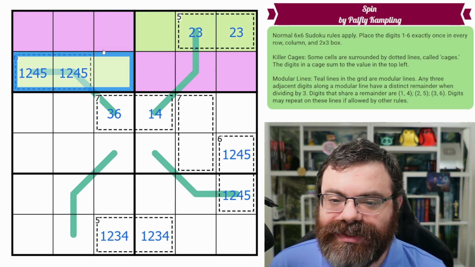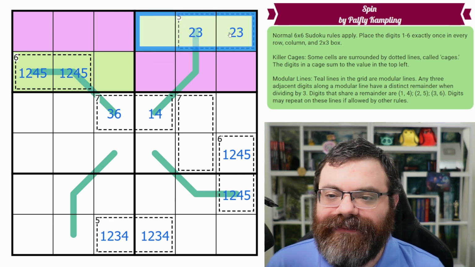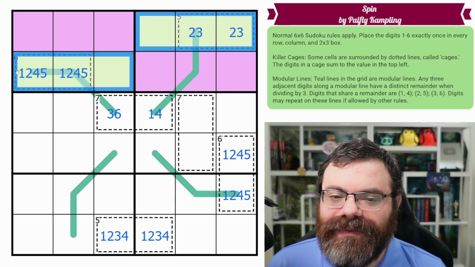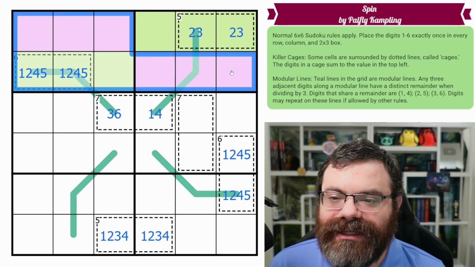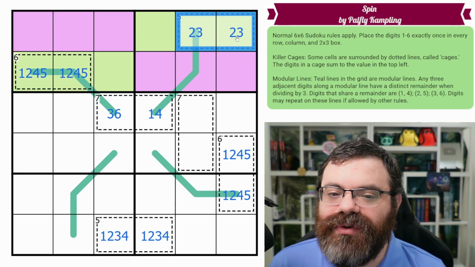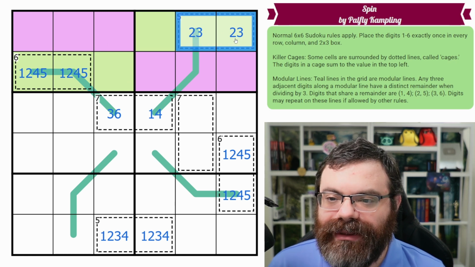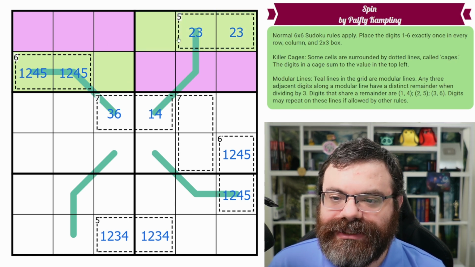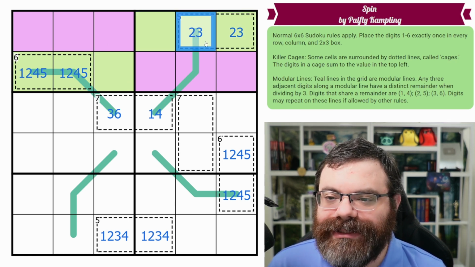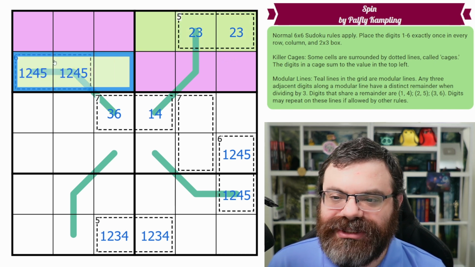Well, these are the green digits. So you can kind of split the digits in half, and whatever digits go here end up here. It almost seems obvious, but we can think about that generically now. We can say, well, we know 2 of our 3 digits that are green are 2 and 3. 2 and 3 are 2 of our 3 green digits. We don't know what the third one is, but that means that 2 of these digits are also 2 and